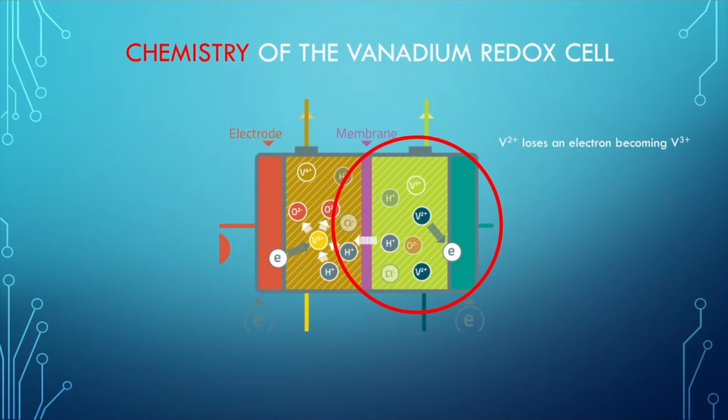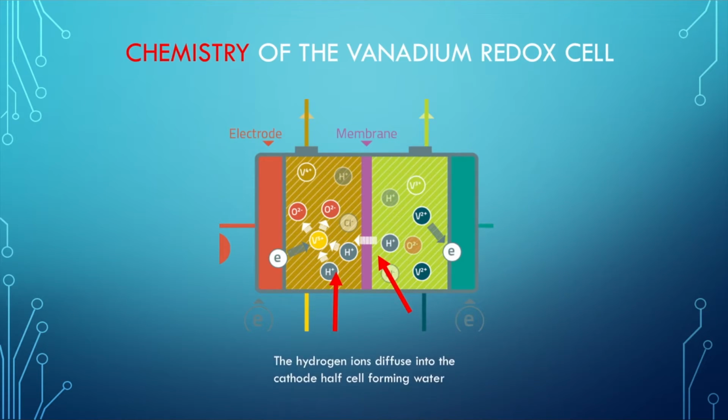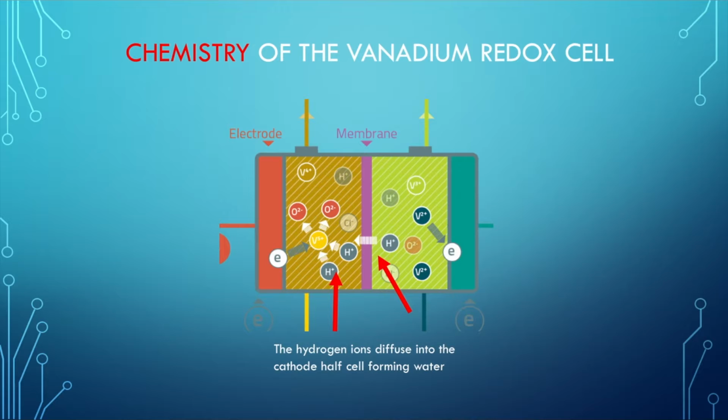When the process is undergoing the discharge cycle, meaning it is releasing energy to an external source, within the anode, the oxidation reaction takes place. The V2+ loses an electron to become V3+. The ions react with the negative electrode and the hydrogen ions diffuse into the other half cell. The incorporation of the sulfuric acid within the electrolytes allows neutrality, where the hydrogen ions from the acid diffuse to the other half cell, forming water, but the hydrogen ions and the water are there to maintain the charge of the